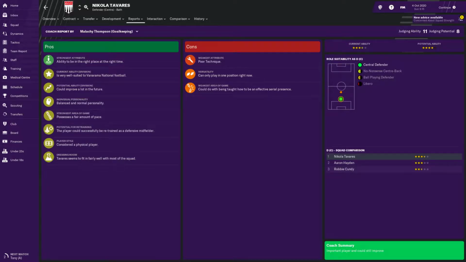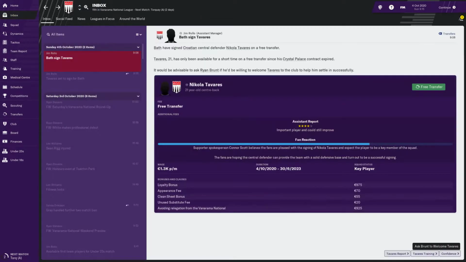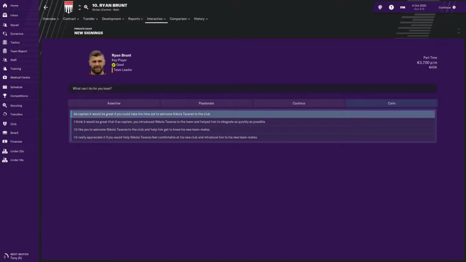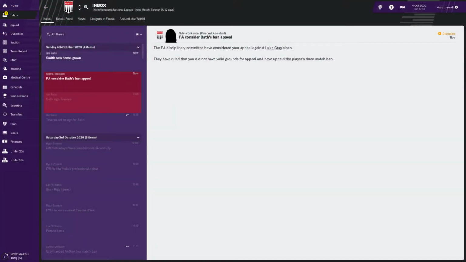So yeah, exactly, he's only 3.5 stars though. We thought that he might be 4 stars, but 3.5 stars is really pretty darn good. Hayden was that before, but yeah, this is nice. He's very well suited to Vanarama National Football, and that's pretty nice. Marking, heading and tackling here isn't that great though, but nonetheless nice to get a better player here into the team. And we'll ask Bront here to welcome Tavares into our team,